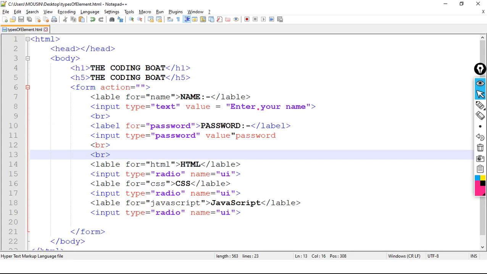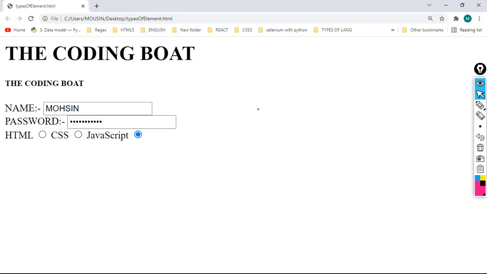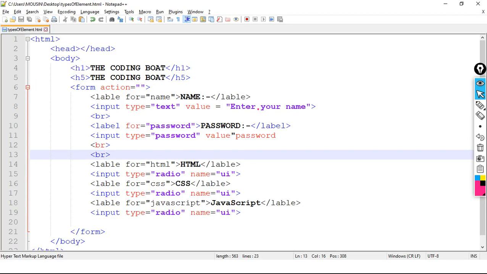Now let me show one magic. What is that magic? See here, I am able to select only one, which is correct. Either I should select HTML or CSS or JavaScript, correct? So that is happening because of this attribute.